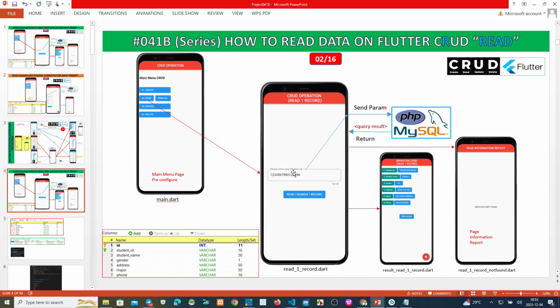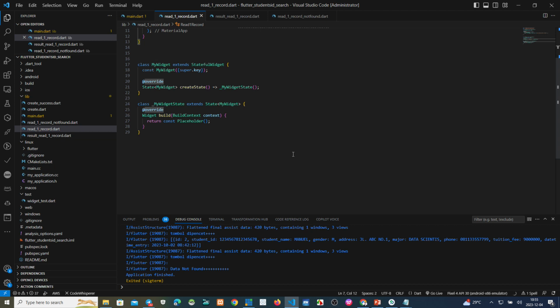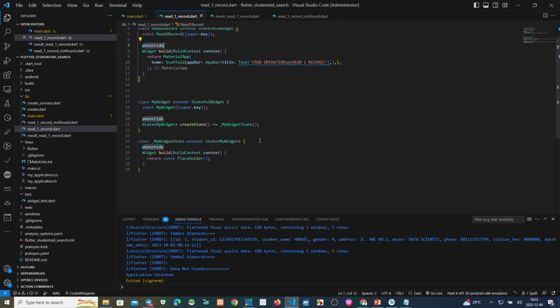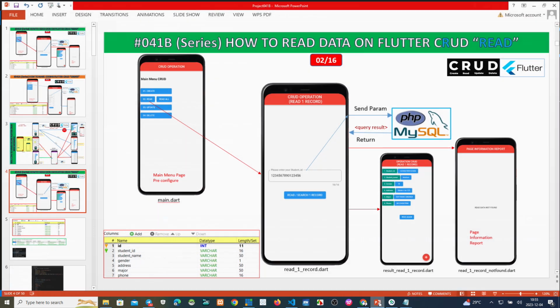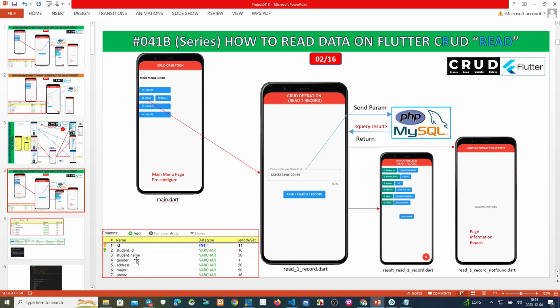So now we make a text field and also a button. Here, all parameters like this: if we click here, the student ID is sent to the backend, and if successful, all parameters from the backend will return to Flutter. This is all the parameters.